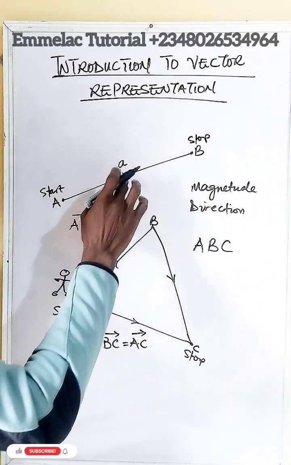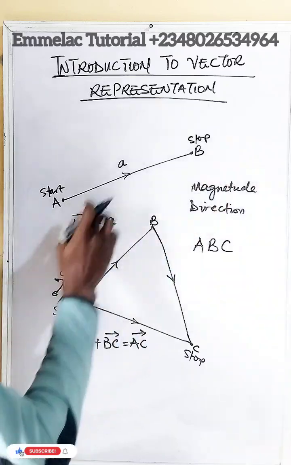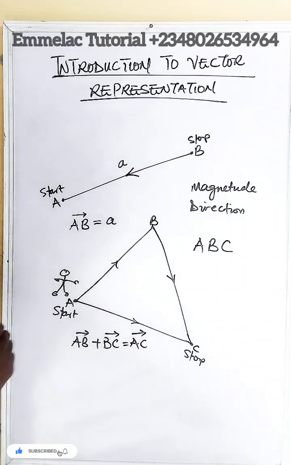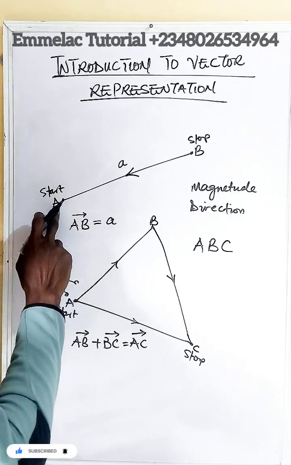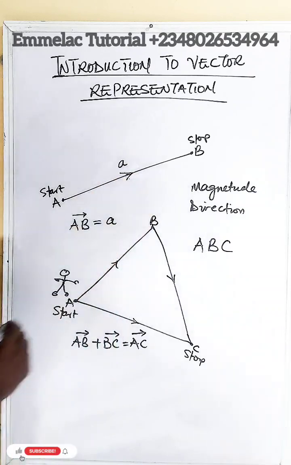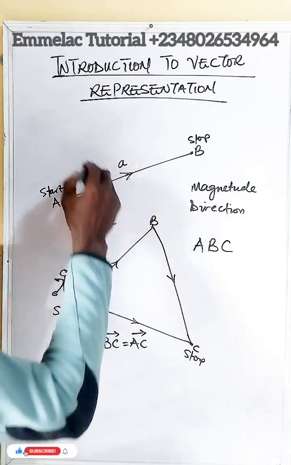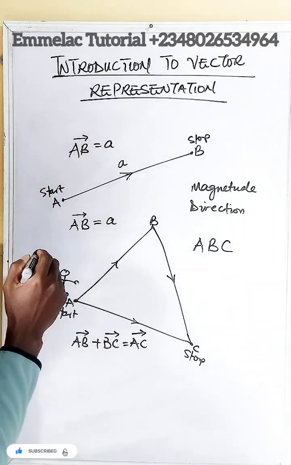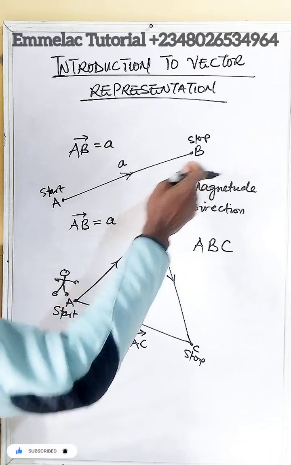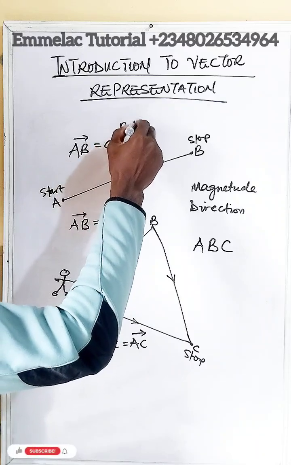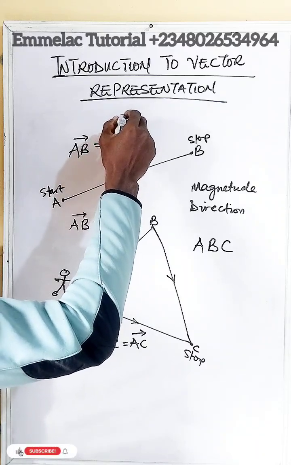If someone tends to move towards this area, the arrow is in this form, but originally it's meant to be, let me just move this arrow so that we won't get confused. Now AB equals A. But if you are to move from B to A, which will be B to A,